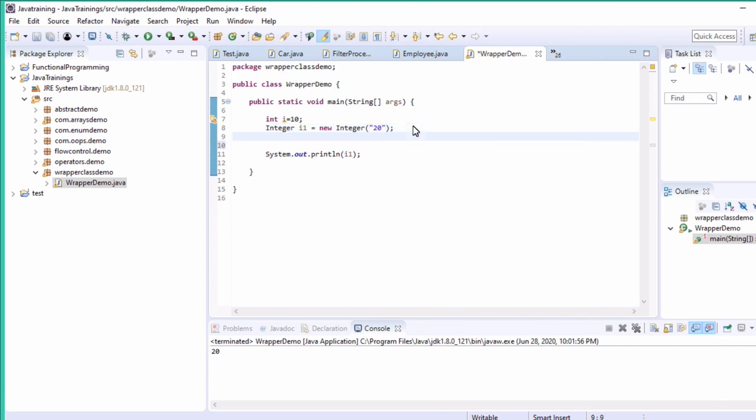Similarly, you can create long L1 equal to new Long of 1L. So this also you can print. This is integer, and now I am printing long.